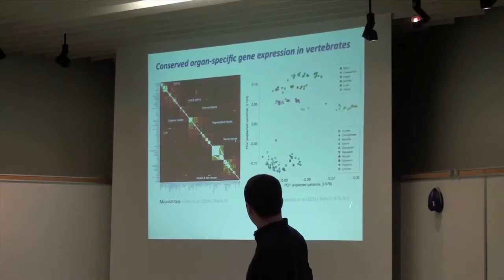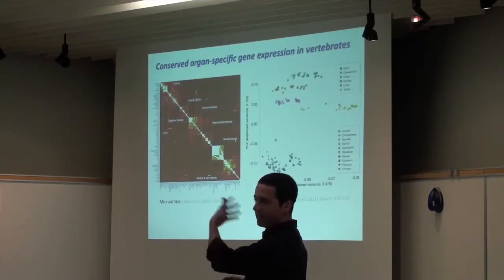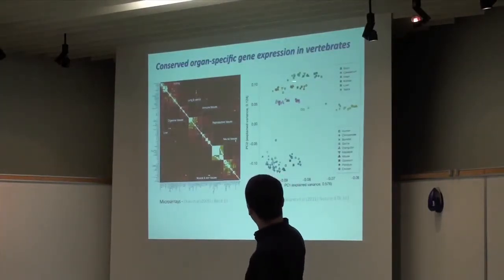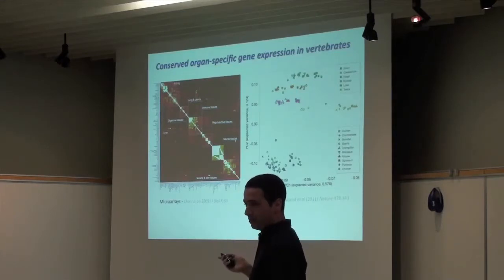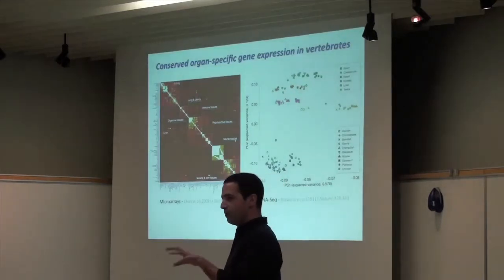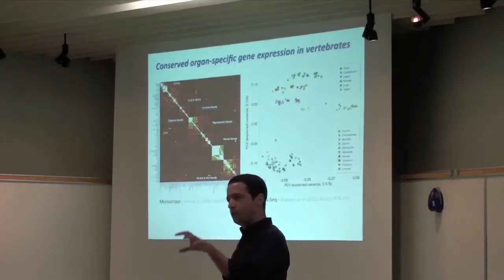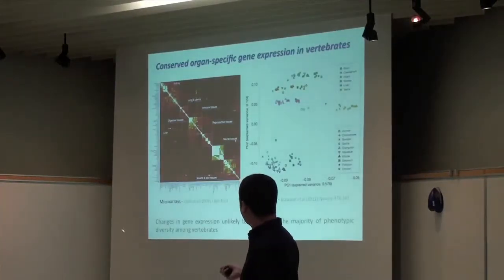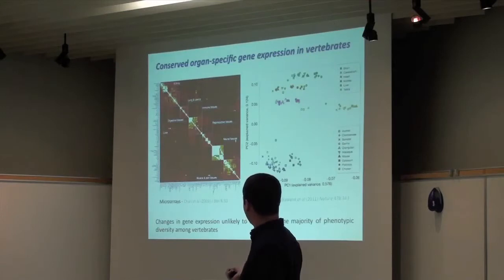With RNA-seq, the new high-throughput sequencing technologies, Henry Keismer's lab has also demonstrated the same. Here you just have principal component analysis plots showing that samples, in terms of gene expression measured this time using RNA-seq, cluster by tissue type, which are the different colors here. So tissue-regulated gene expression seems to be conserved across vertebrate species.